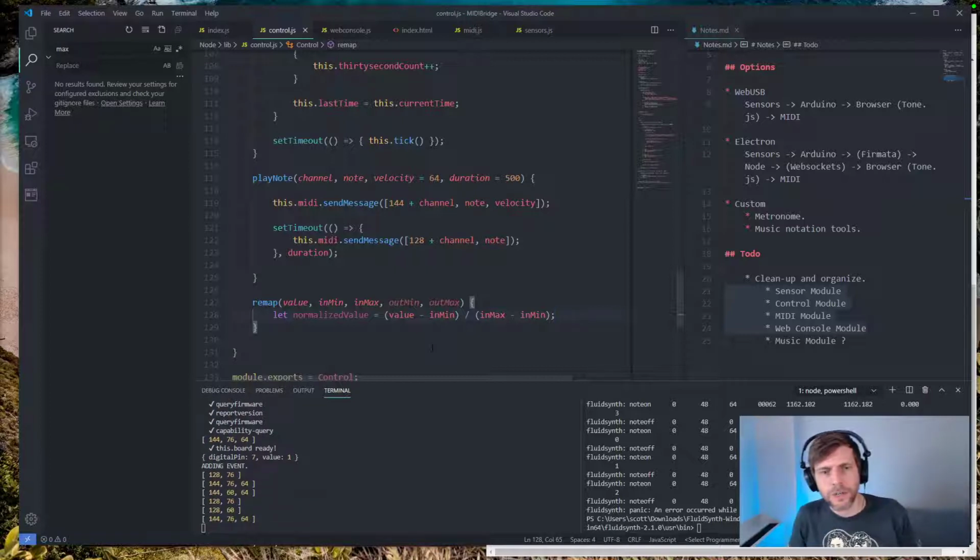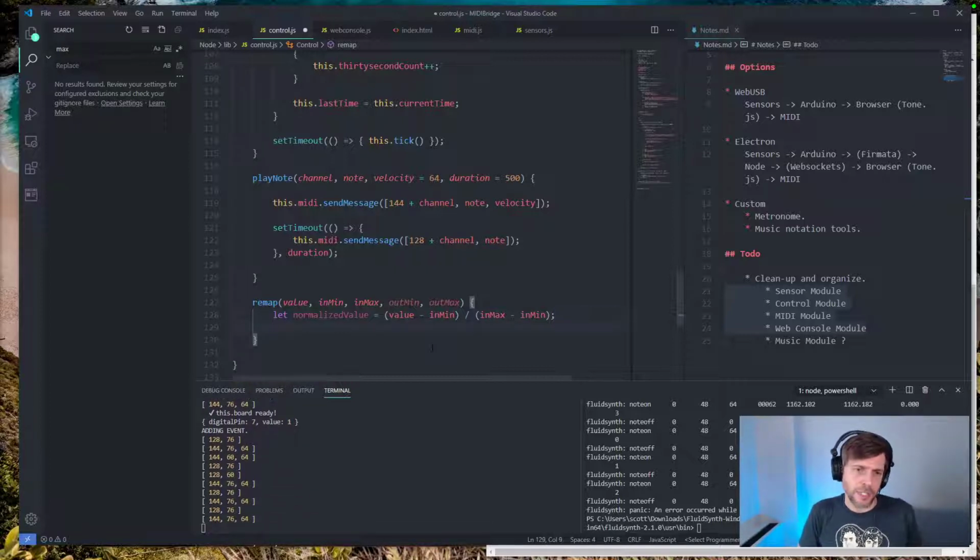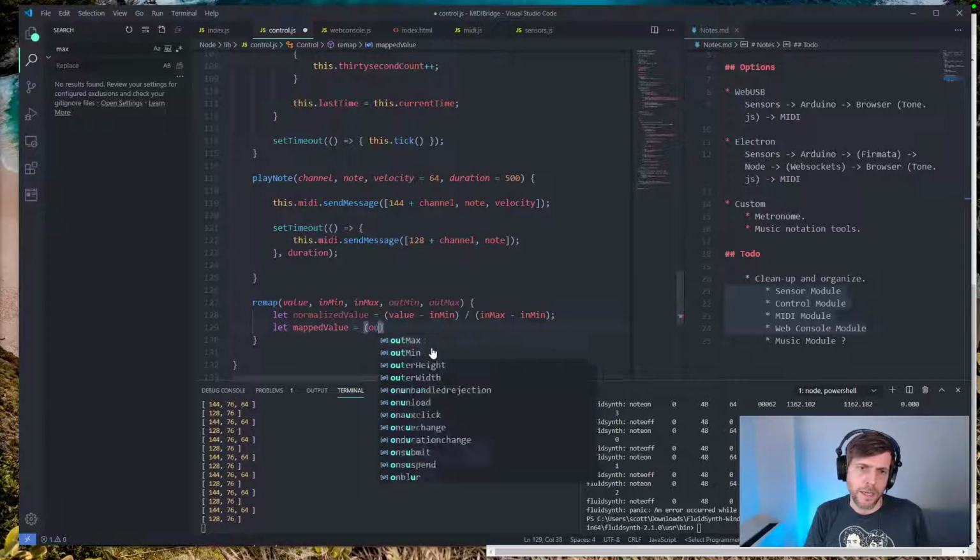Yeah, that'll give us a normalized value. And then now we need to return, will just be out max minus out min